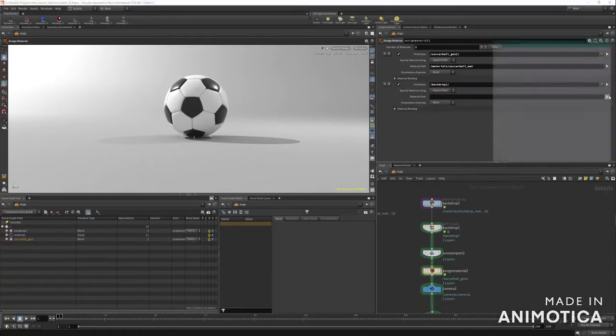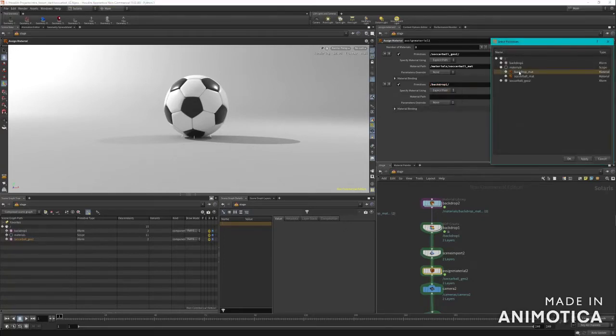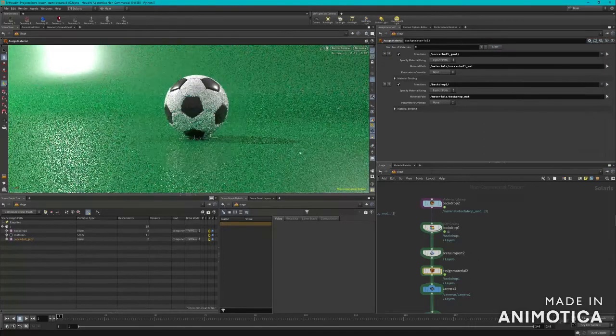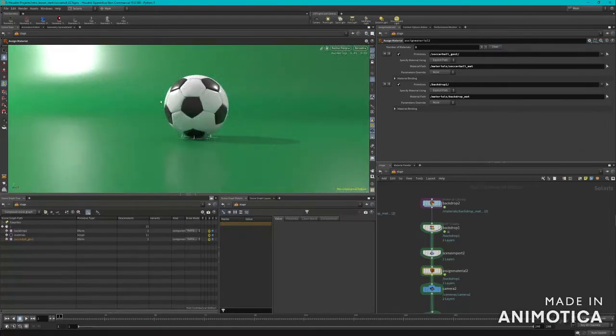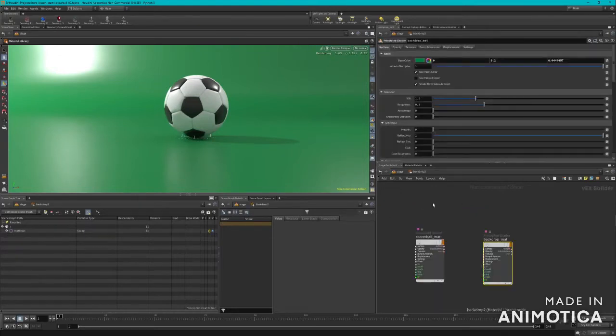And then we're going to choose our materials, go to materials, and choose backdrop.mat, apply, or OK. And so now you can see we have a backdrop all green and pretty. So now we're going to go to step 3, and we're going to double click on the material library mode